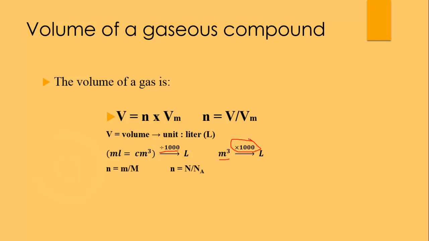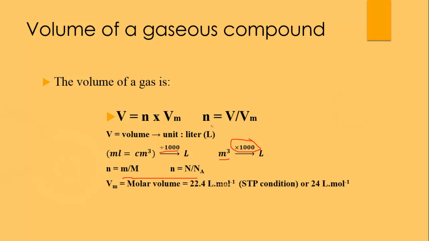Number of moles we have taken in previous chapters, chapter 1 and chapter 2. We have two methods to calculate the mole quantity. Let's recall them. Number of moles n is the mass over molar mass, or n equal N over Na, Avogadro's number. So till now we have three expressions for mole quantity. The first one is n equal mass over molar mass. The second one is n equal N over Na, and in this part the number of moles is n equal V over Vm. So we have till now in chemistry three relations to calculate the mole quantity.